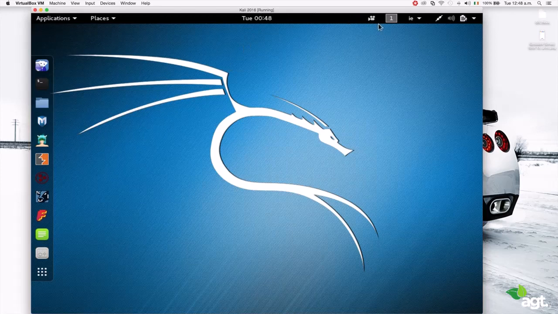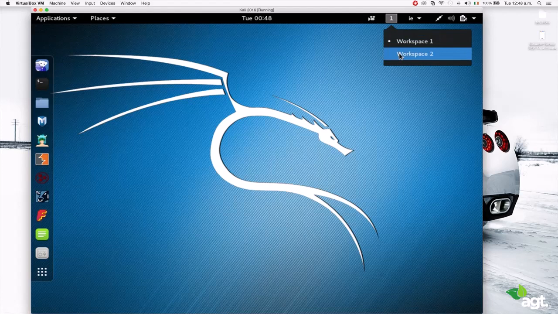Here we have, again, as I said, the status bar. Here you can see the number of desktops or workspaces. Now, Linux usually supports workspaces, so you can